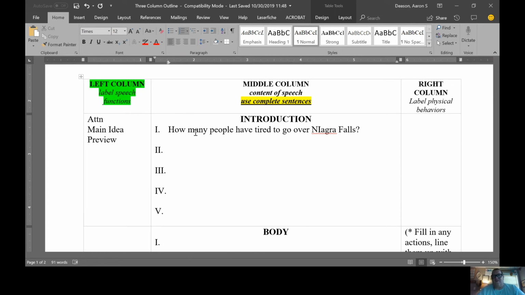Honestly, people don't know because there's not a correct and accurate number. Today, though, I am going to show you how to go over safely. Actually, the only way to go over safely is to not do it. But